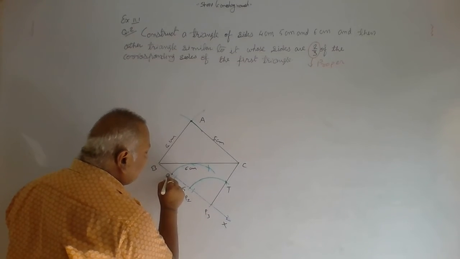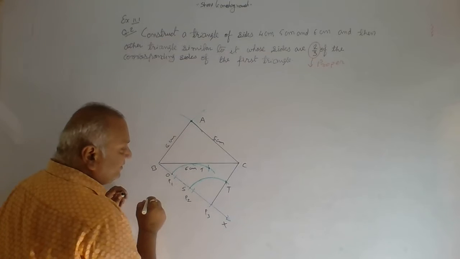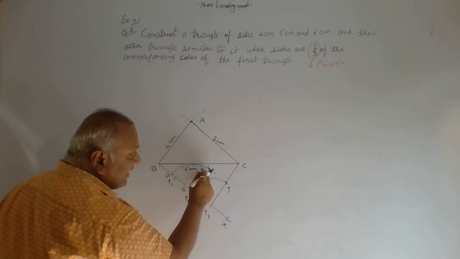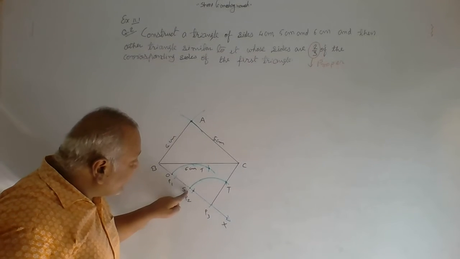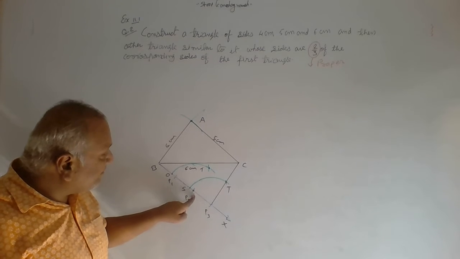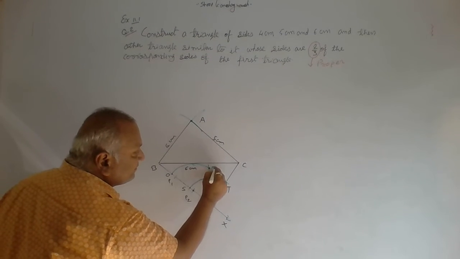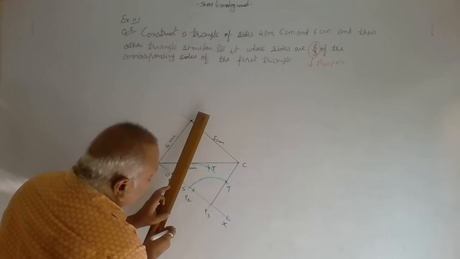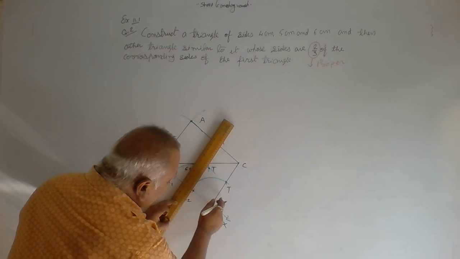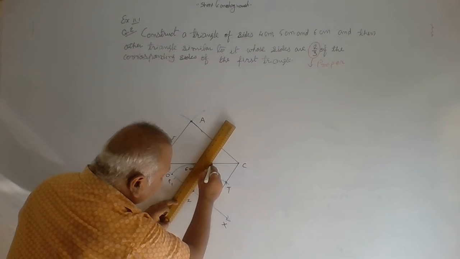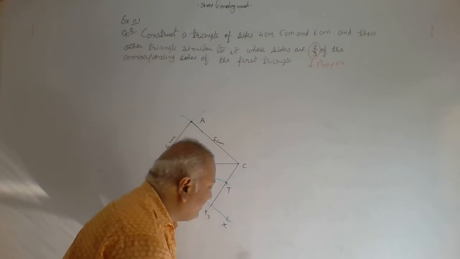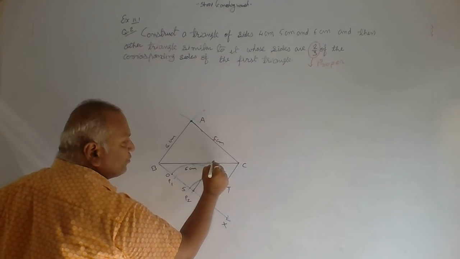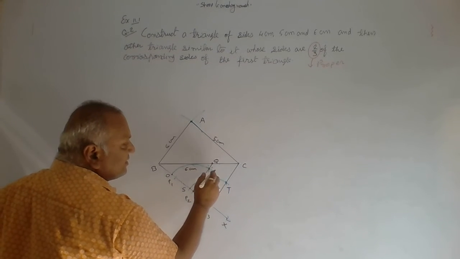Here we can write down O and here must be T. Now P2, this is P2 beta, mind well, and T must be connected. Friends, S will not be connected. See here, P2 and this T must be connected. So P2 and T I will connect with the help of a scale, and this is parallel. You can see this is the parallel line. Now this parallel line will intersect BC at Q.